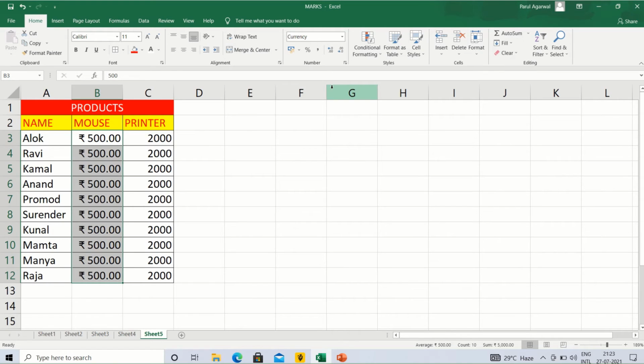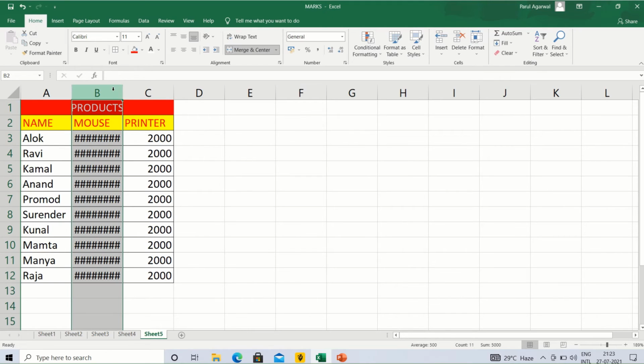It is applied. And if we want to increase or decrease the decimals on it, we can apply by these two options. This is for increasing the decimal and this is for decreasing the decimals. If we want to increase the decimal places, we can increase like this. Now see here, hash is coming because the decimal places increased.